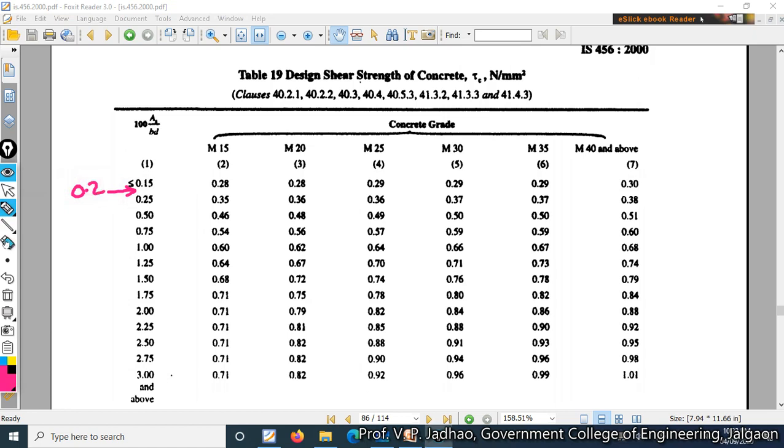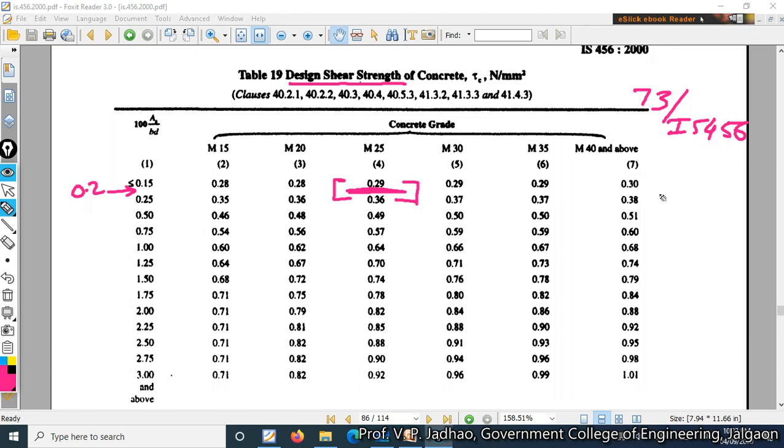If we are considering 0.2% steel for M25, the value will be in between 0.29 and 0.36. So by interpolation we can calculate the value of the design shear strength, which is given on page number 73 of IS 456. Or we can directly consider the intermediate value,